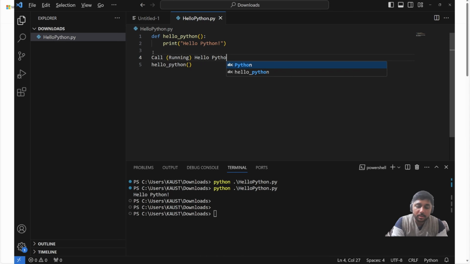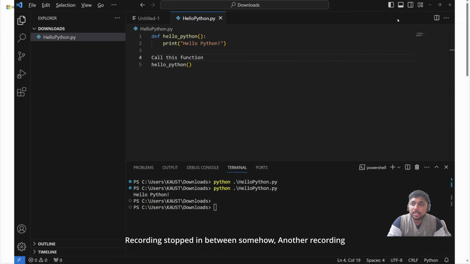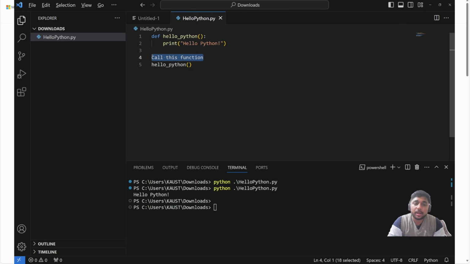hello Python function. But the problem with this is Python also reads this and tries to interpret it, and it will not understand this meaning. So basically we want the Python interpreter to ignore this line. So to do that, we have to make it a comment. And to make this line a comment, you have to press Control K and then Control C. Okay. So this way you can see a hashtag is included at the front of it,